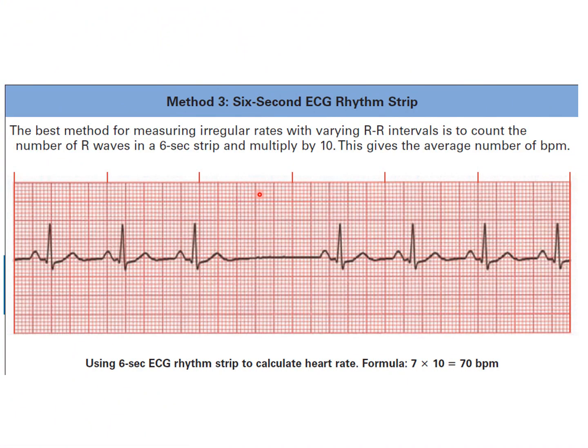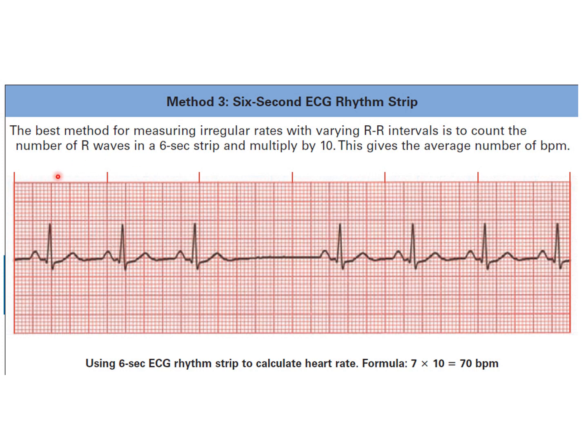And remember, the above mentioned two methods you can use only if there is a regular rhythm of the heartbeat. But sometimes you may come across an abnormal rhythm. So in case of abnormal rhythm, in arrhythmias, you have to consider a 6-second duration. In 6 seconds, count how many R waves are there. This is an example. Here you have 1, 2, 3, 4, 5, 6 and 7.